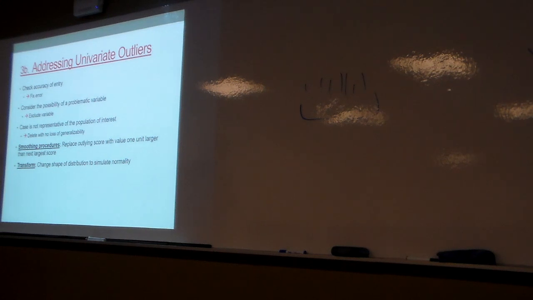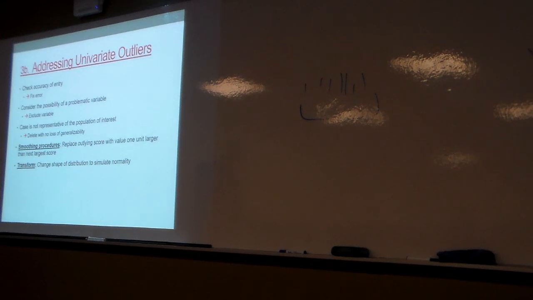So this example you gave, the basketball player, would be when you smooth, because she is part of the population of interest, but the other bar is out there. Yep, so say the next tallest person in my sample was 6'5". I would say, well, we'll set this person at 6'6", and just call it good with that. They're still the tallest person in the sample, it's just they're not going to drag things way out there.